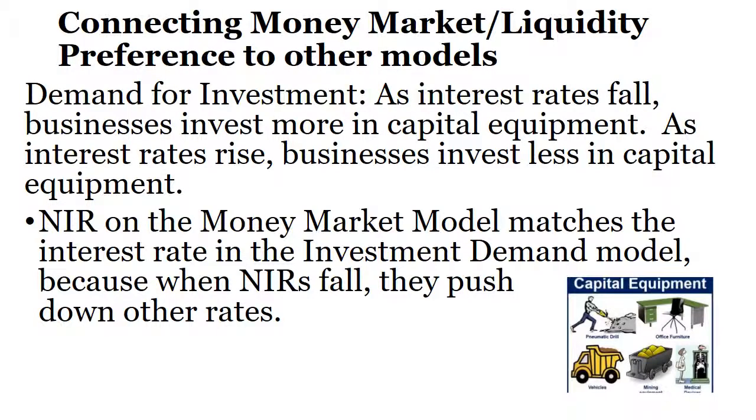Next, we're going to use the model we just learned, the money market or liquidity preference model, to connect it to other economic models. The first one will be new. It's called demand for investment, and thankfully it's very simple. Investment is all about investment spending. As interest rates fall, businesses invest more in capital equipment. Capital equipment, we can see in this picture, are pieces of tools,